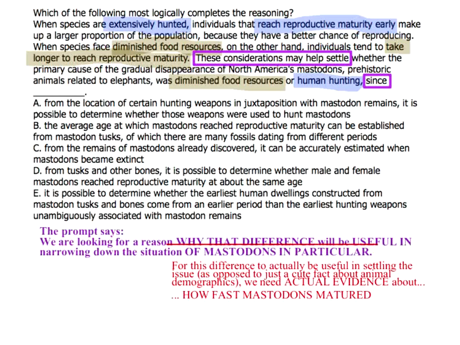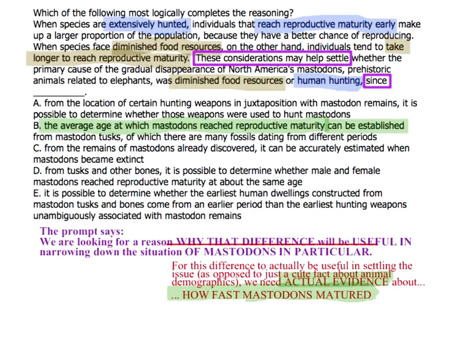Again, you would have to do a lot of twisting and turning into unnecessary contortions to get this to fit into a category. But the good news is you don't have to get it to fit into a category. You just have to understand what your thing is. We're talking about using the difference in maturity rates to settle an issue. So that means that we definitely need to know what those maturity rates were through some kind of evidence. So that's what B is. That thing that we need to know